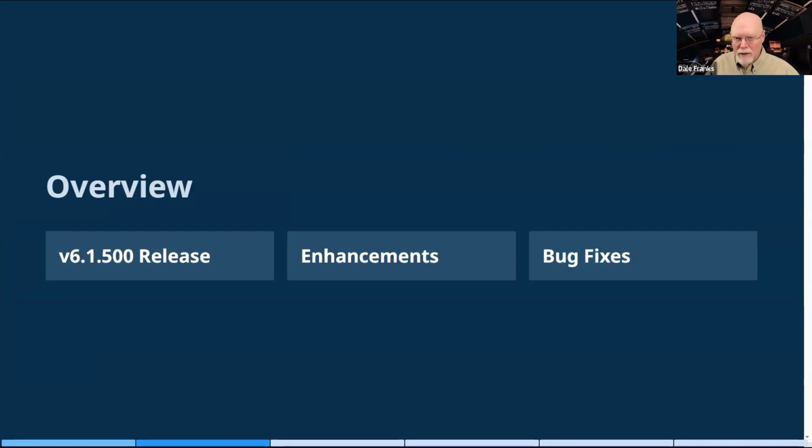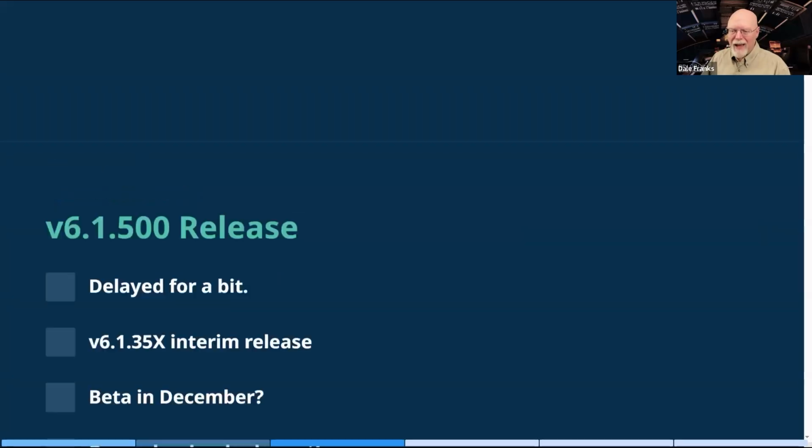Not going to get it done as soon as we were hoping, but it is coming up soon. Then we're going to talk about some enhancements, one of which I think has a lot of potential. We'll talk about it when we get to that point, and we'll talk about some bug fixes that are coming up in the product in the 6.1.500 release.